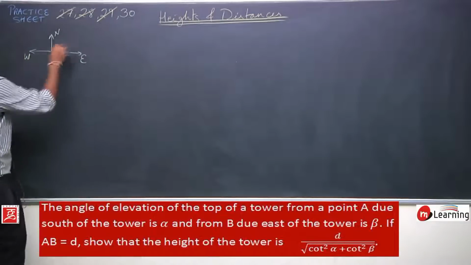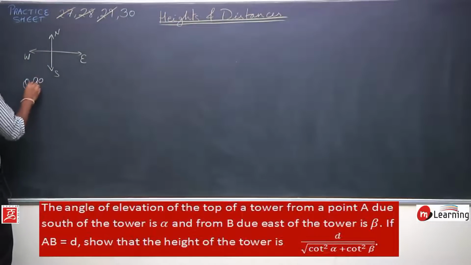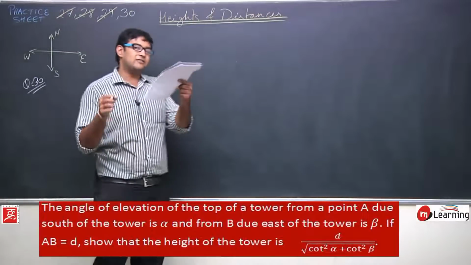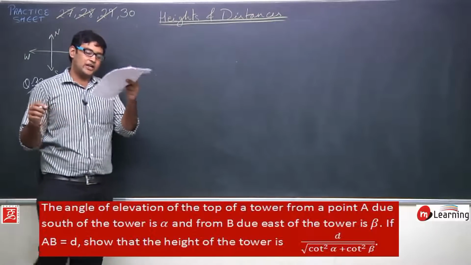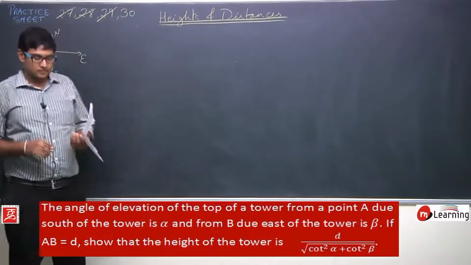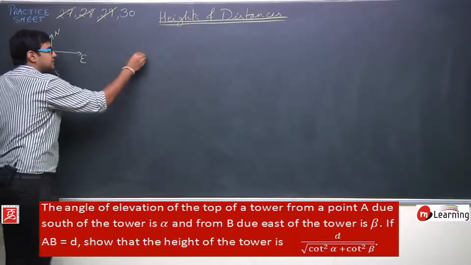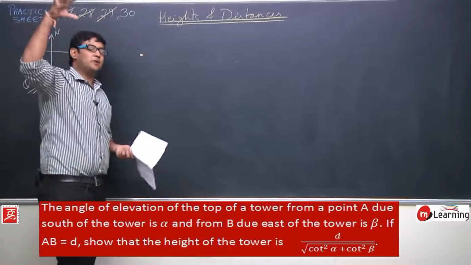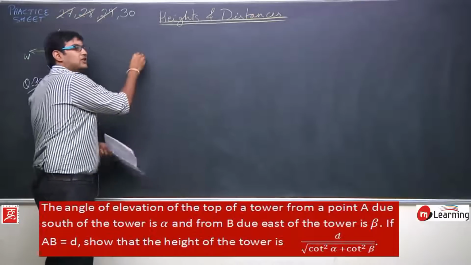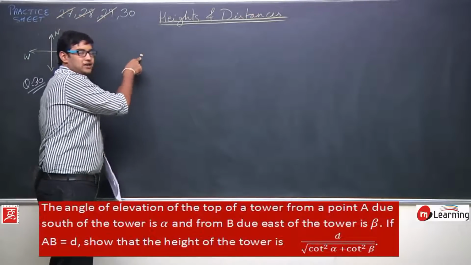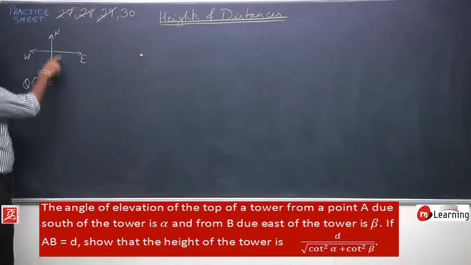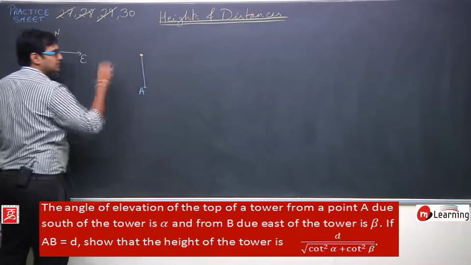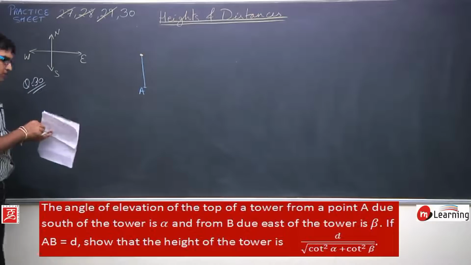So question number 30, let us try to sketch the diagram. Again, I have the angle of elevation of the top of the tower from a point A which is lying in the south of the tower. So if I assume that this is the tower, okay, this is the tower. If I am observing the tower from a helicopter, that is the top view, the tower is like this. And south of this tower, what is south? This direction is south. So south of this tower, in this direction there is a point A from which I am observing the top of the tower.